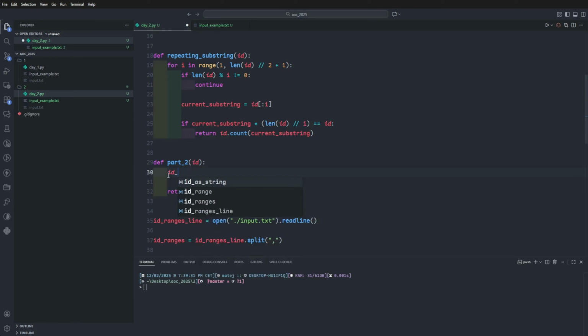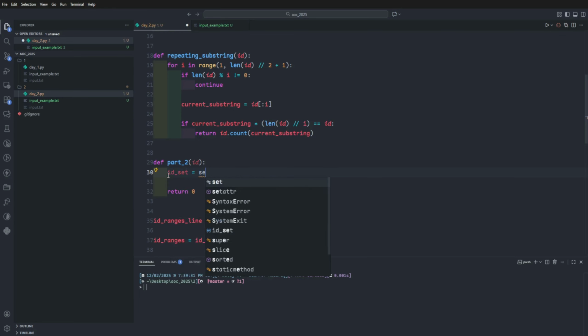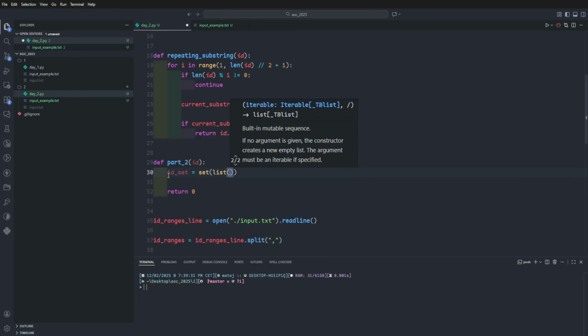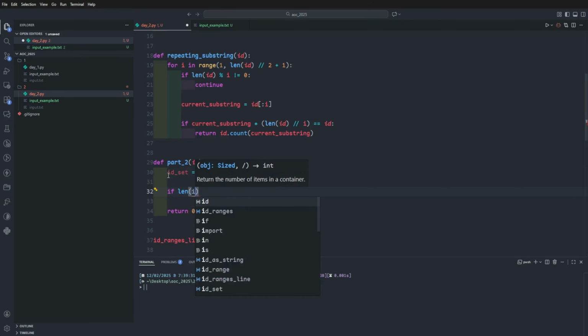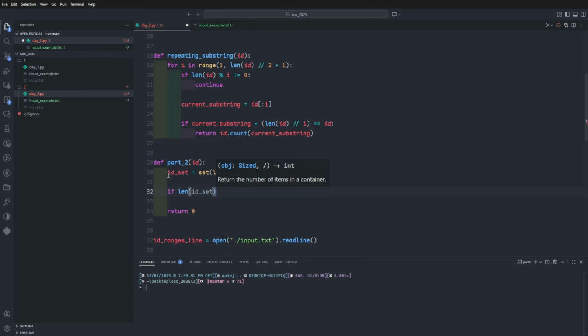So we will again create a set to immediately cover the IDs that all have equal digits. So we do if the length of the ID set is equal to 1. And now what it has said in the task is that it needs to be at least 2. So we will check, and the length of ID is equal to or bigger than 2,